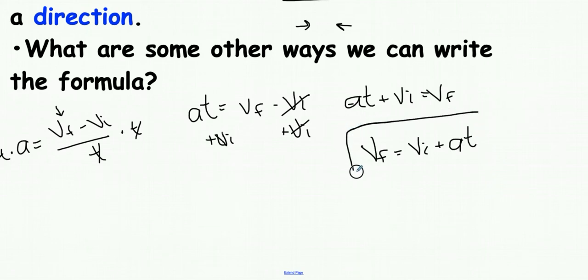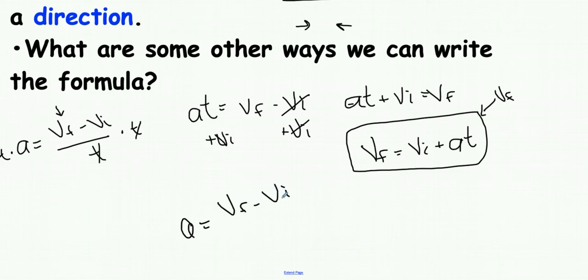If I were to solve for final velocity, that would be how I do it. Now, normally I just use the basic equation, acceleration equals change in velocity over time, and then I just work through it as I need to. Rather than remembering a bunch of different equations, it might be easier just to use this and plug everything in